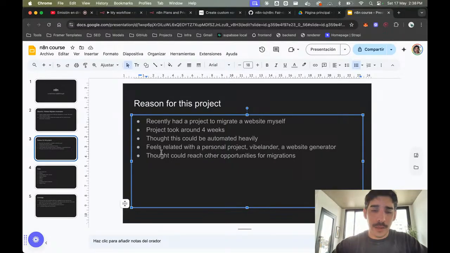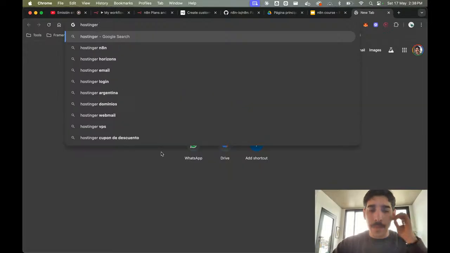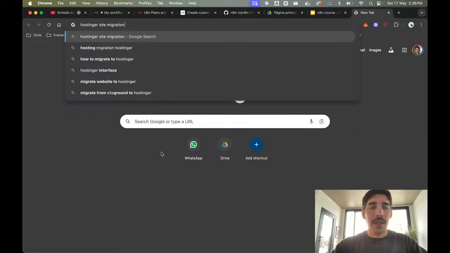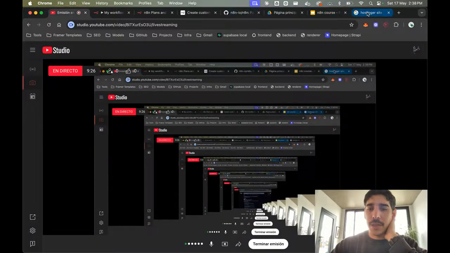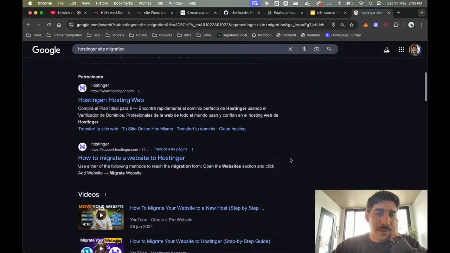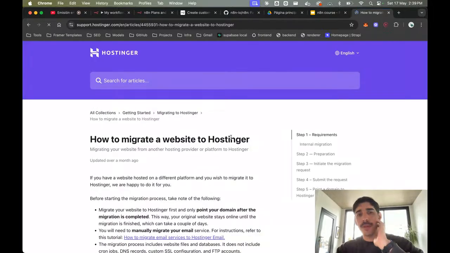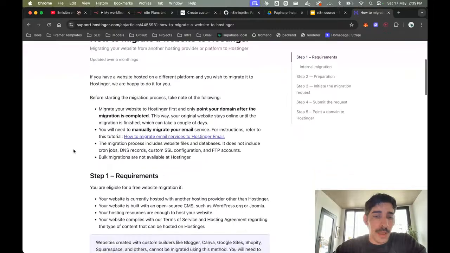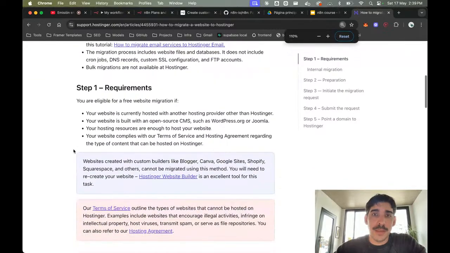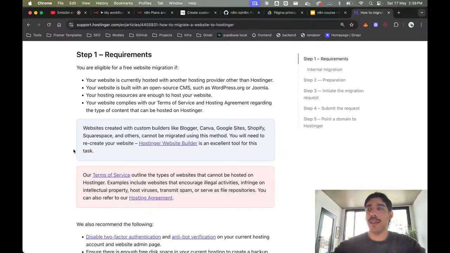This was another reason for me to keep thinking about this solution. Since I started to think about it, some people started to show up, even without me saying anything about it. A lot of people started to show up with the same issue, and that was an indication for me, like, man, I really need to build this automation, to help these people out or make some money, whatever.